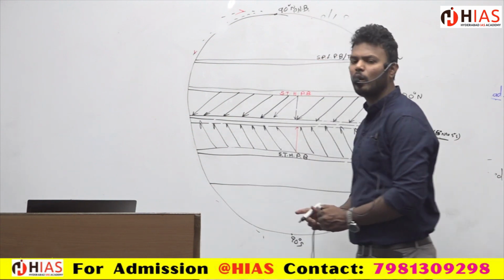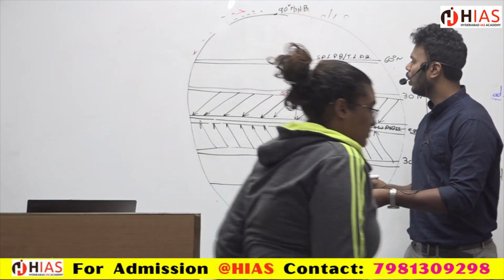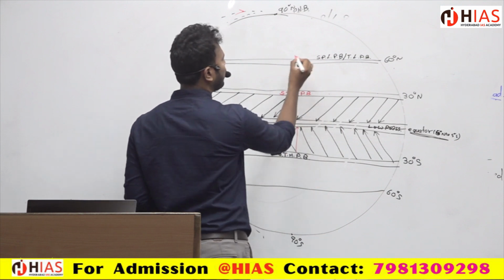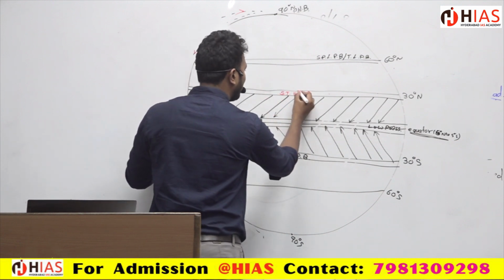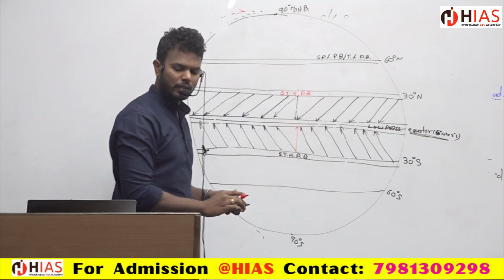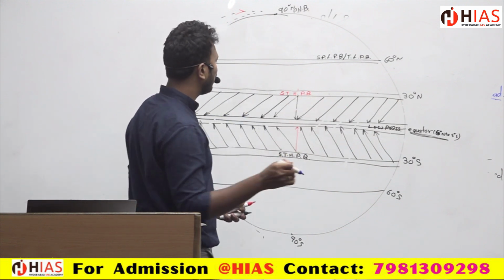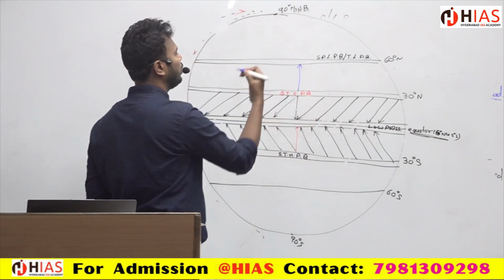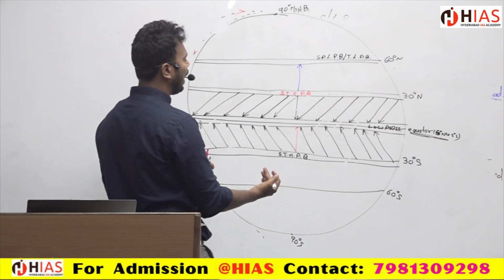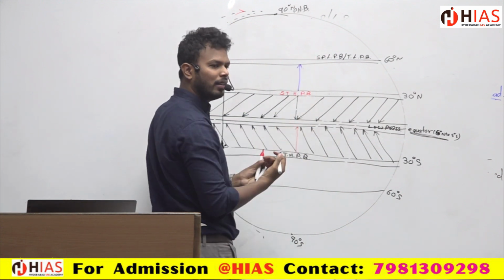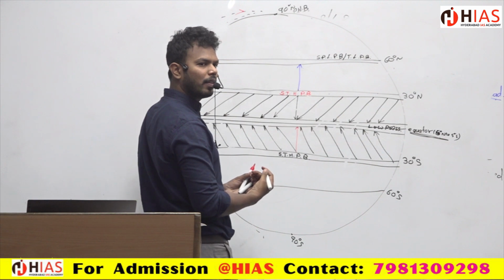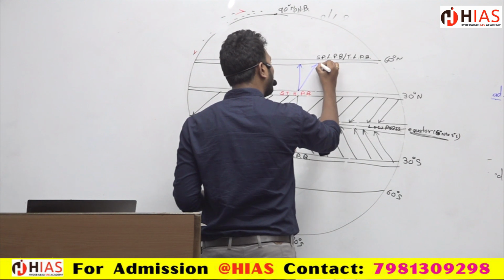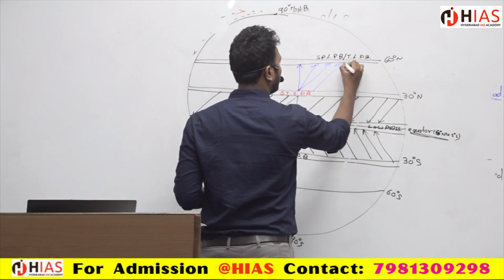Temperate low pressure belt. You can also find it as a temperate low pressure belt. So tell me, now let us discuss high pressure to low pressure. As I told you, winds will always move from where? High pressure to low pressure. So here it is traveling from high pressure to low pressure. But see, as it is traveling in the northern side, where will it get deflected? It gets deflected to the right side. So instead of going in this path, it will be going in this path.